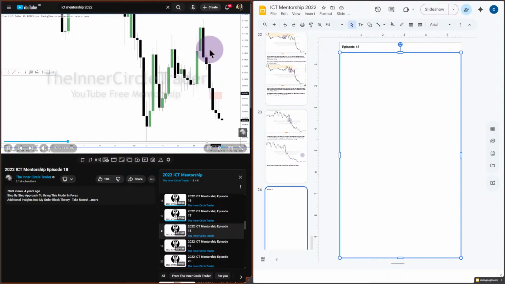So ideally, what we've seen here, we had 1, 2, 3, 4, 5 down days. Now there's likely to be a retracement because we've seen it come way down in terms of the range between this low and this high. So what does that make that area down here? Premium or discount? Discount.